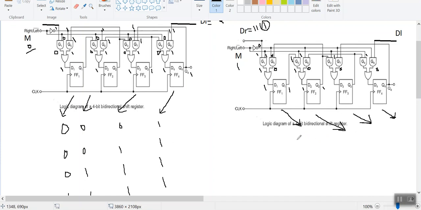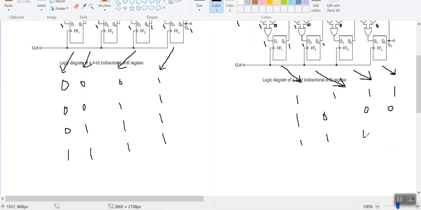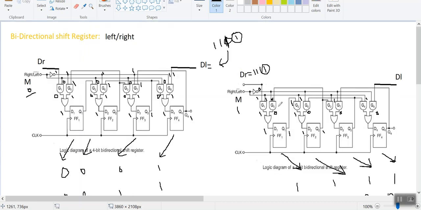Say for example my input is 1111. Initially I gave this as an input, so I get my output for the first clock pulse as 1000, for the second clock pulse 1100, for the third clock pulse 1110, and for the fourth clock pulse four ones. Like this I will get my resultant. This I explained in the last video lectures. You can observe how the shifting operation works in the SISO, serial input serial output concept, in that particular video lecture. Okay, this is the concept regarding this.